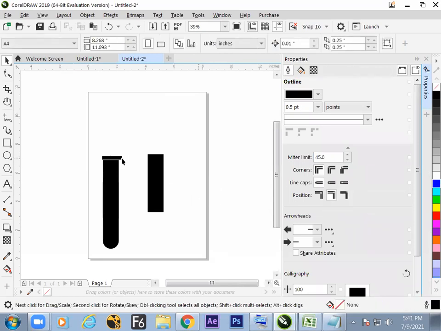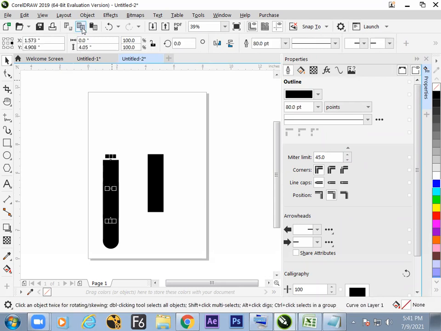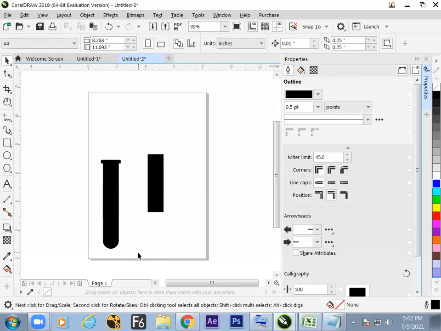Job is done. Now this particular object can be duplicated once more. Copy and paste. Why are we doing this? To have a different thickness. And you can raise the thickness from 80 to 100. It has risen everywhere. You can get it smaller. So this job is done. Is it okay now?